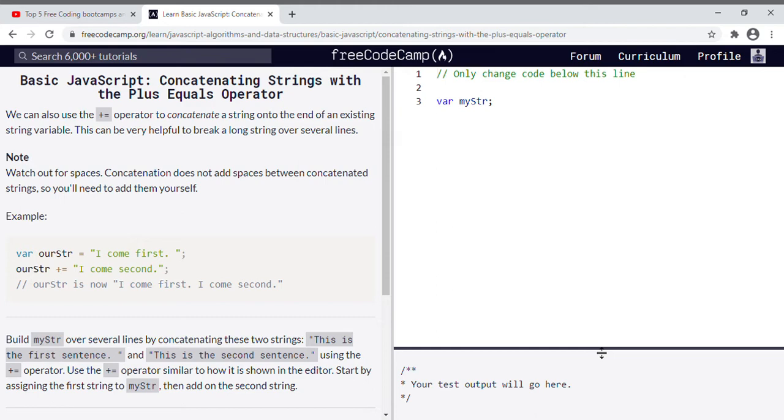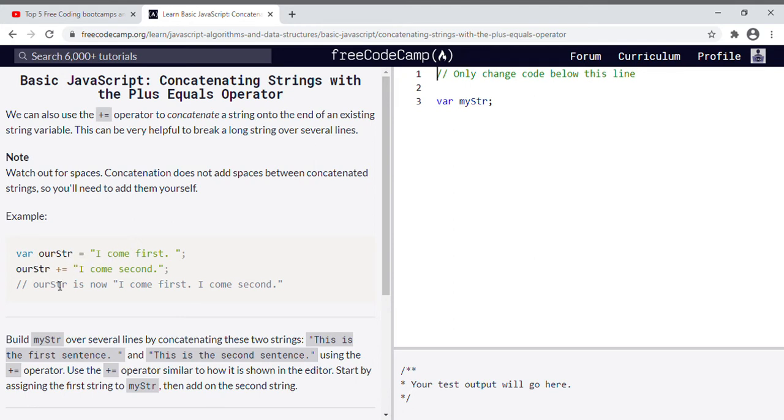Okay, so we're using the plus equals operator, which previously that means that whatever's on the left hand side automatically gets put onto the right. It's assigned, yeah, and you add it to whatever you have on the right as well. So it says var, so this is the first string, and then it shows you using the plus equals operator, and this is concatenated. So oh, I see, because you've equaled this to the string, you don't have to rewrite